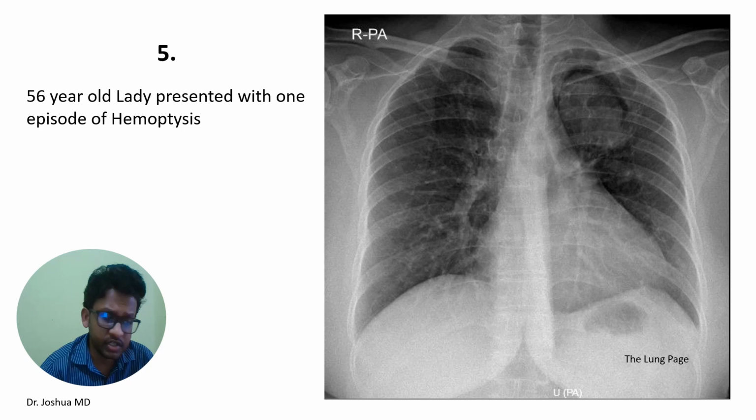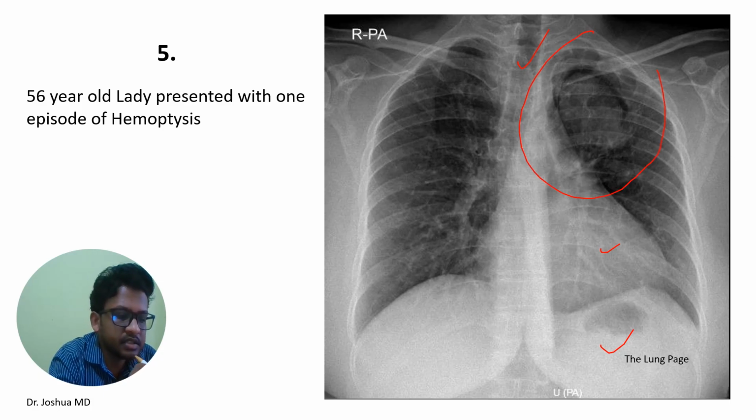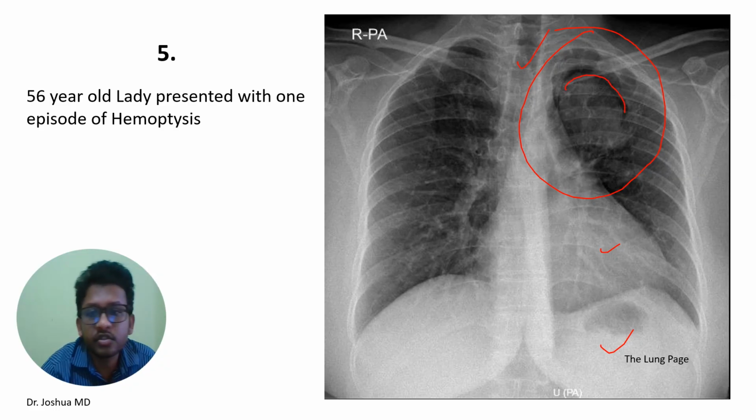This is the chest X-ray. So how can we interpret this chest X-ray? As we all know, with the ABCD order, the airway is completely normal, bones normal, cardiac contour normal, diaphragm normal, everything is normal. You can see the lung field. On the left side there is a lung field problem here. This mass-like lesion is there, with some crescent sign. This is called the air crescent sign or halo sign, because